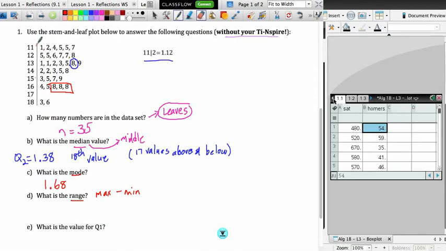Okay, range. Remember, the formula for range is to take the maximum value and subtract the minimum value. In this particular case, once again, because these are arranged in order, it's very easy to see our minimum value and our maximum value over there. And so what we want to do is subtract those two numbers. So our maximum value 1.86, our minimum value 1.11,